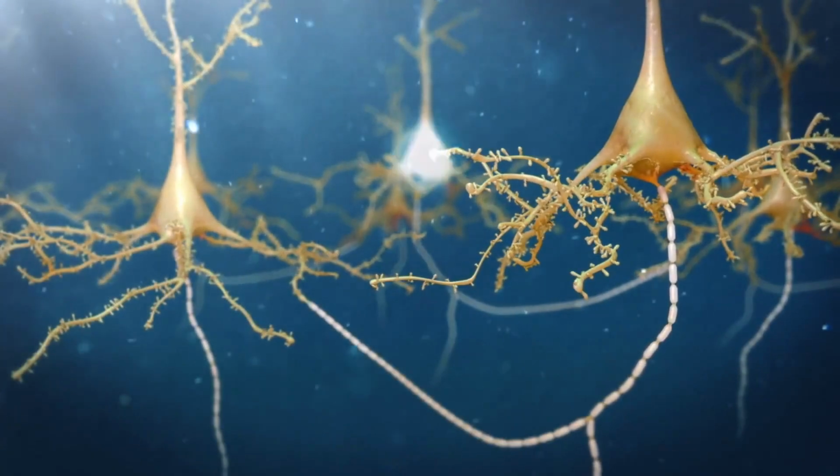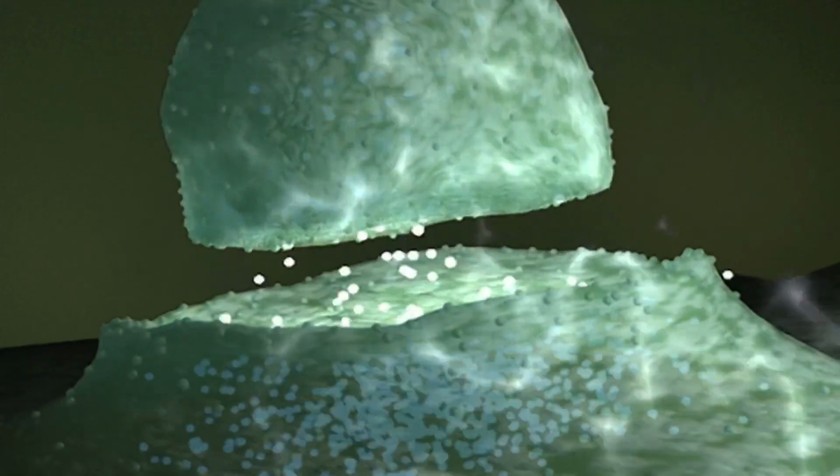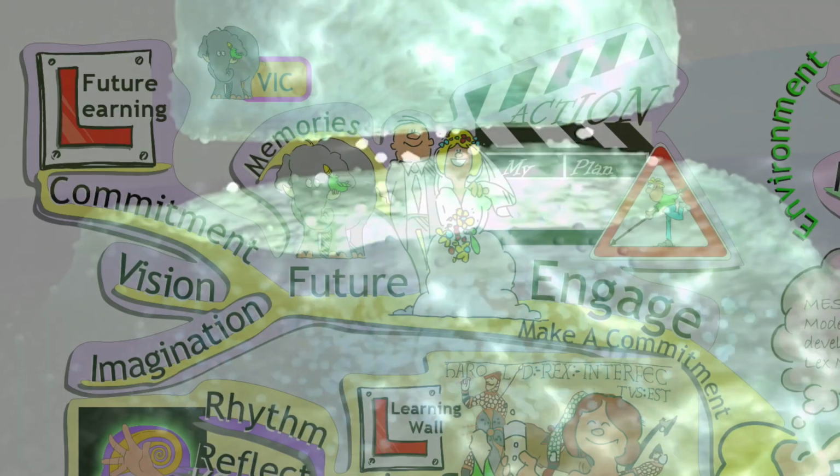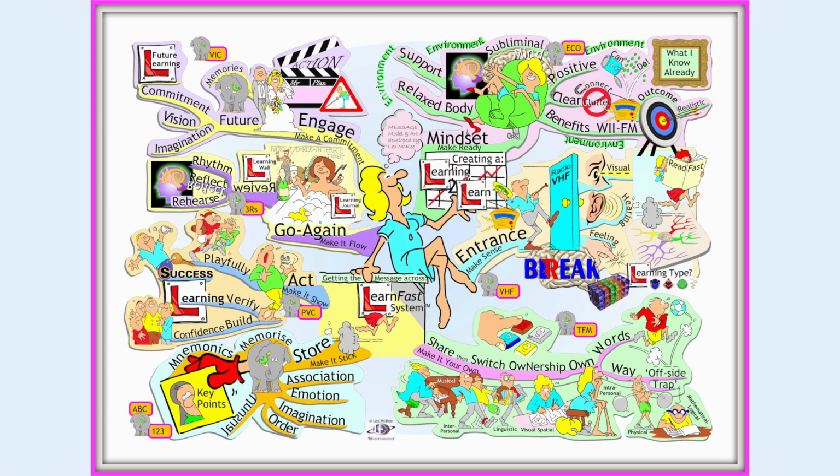And what you've done is you've built into the neural architecture of the student's mind then a clear vision of a future where they've owned the learning, applied it, made it personal to themselves, and started on that wonderful path of making the new habit permanent, as Tony Robbins talks about making it part of their physiology. They do it so often that it becomes part of their flesh. Or in spiritual terms, the word becomes flesh. There's the introduction then to the message model, the Learn Fast system for learning anything faster, keeping those results longer and integrating them at such a deep level that it becomes part of your physiology.